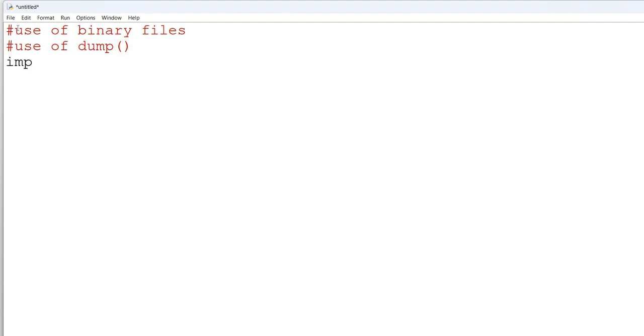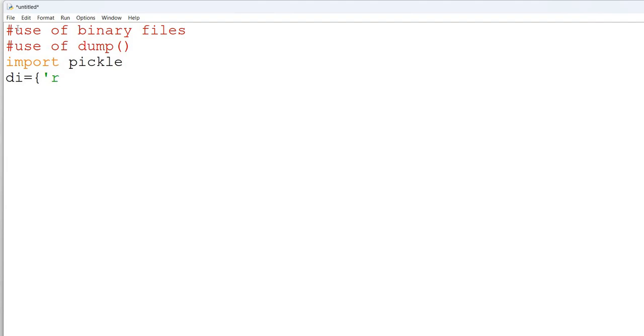So first thing, import pickle module. This is the module name. We can do import pickle as pk, pc, whatever, but right now I am just taking import pickle, not taking any alias or short name for this module. Now please see one important thing: here we are not going to write one line, two lines, three lines as we did in text files. We will make use of list, tuple, dictionary, etc. So let's create one dictionary first,